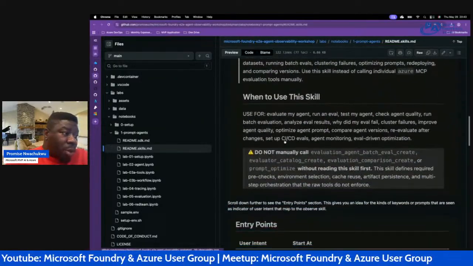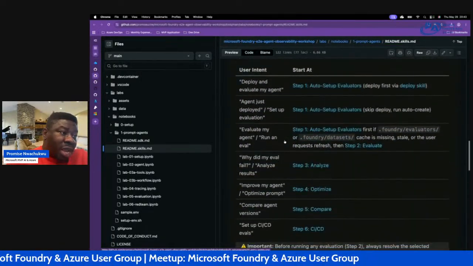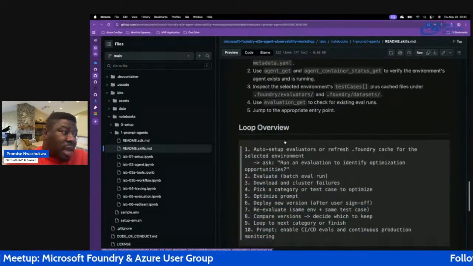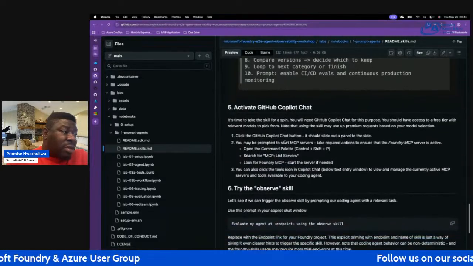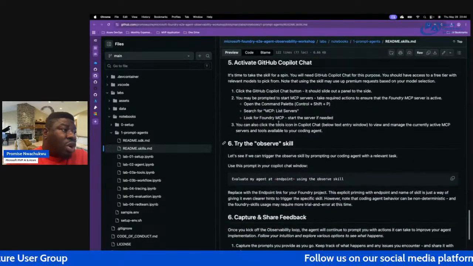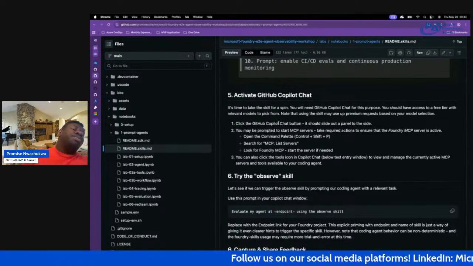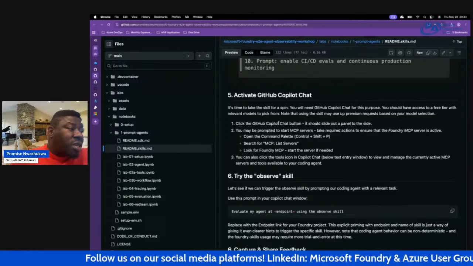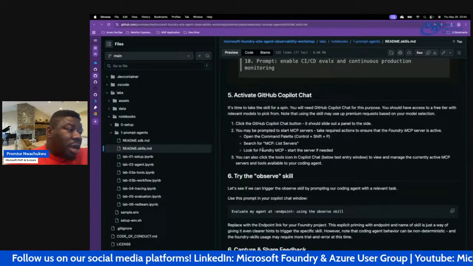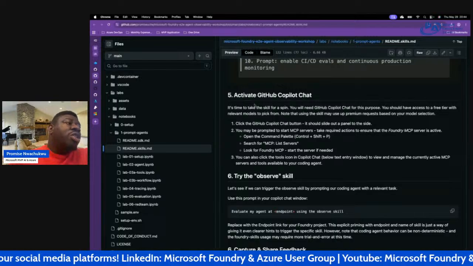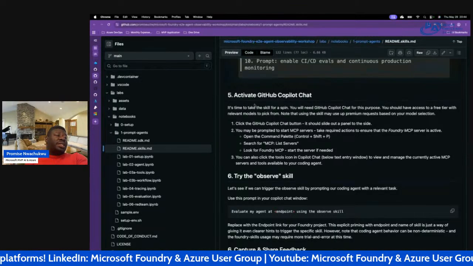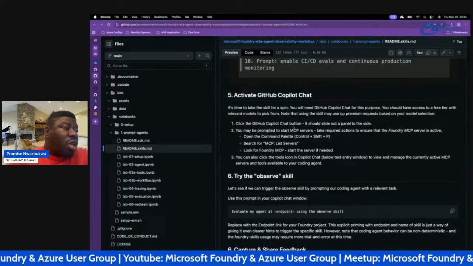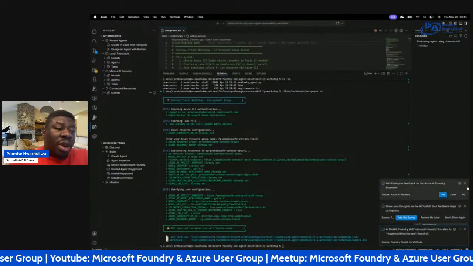So all the steps we just carried out now is what we can see here, right? You can see before starting, yeah. So these are some of the steps. So now that we already know that the skill is set up, now it's time for us to spin the skill, right? So you can see here, for us to be able to do this, we need to activate the GitHub Copilot chat, right? And for us to do this, of course, you click on GitHub Copilot, which we already have on,